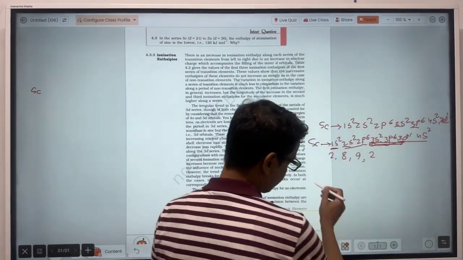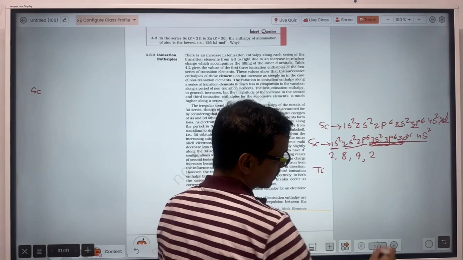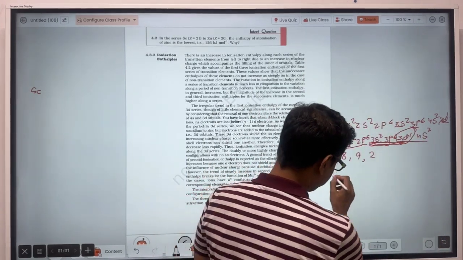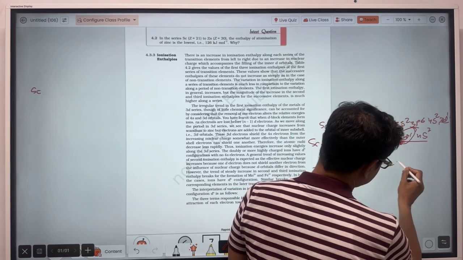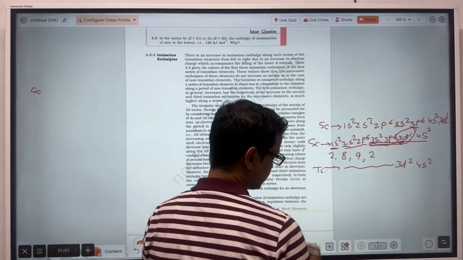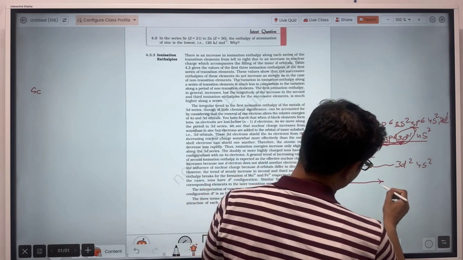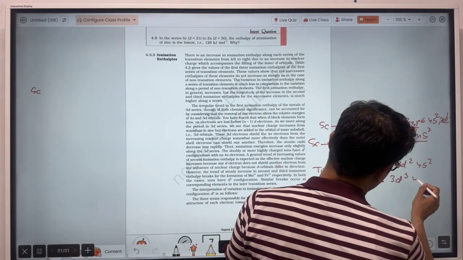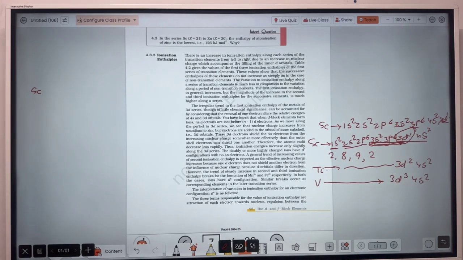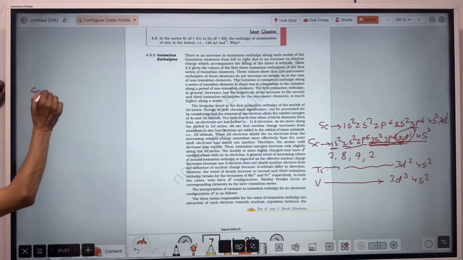Then for the next element, in titanium, the last electron will enter 3d, so everything will be the same. That will be 3d2 and 4s2. In vanadium, the electronic configuration will be 3d3, 4s2. Okay, so let's see about scandium. The outermost electronic configuration will be